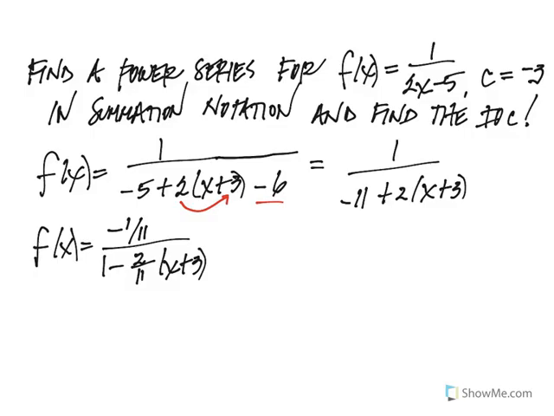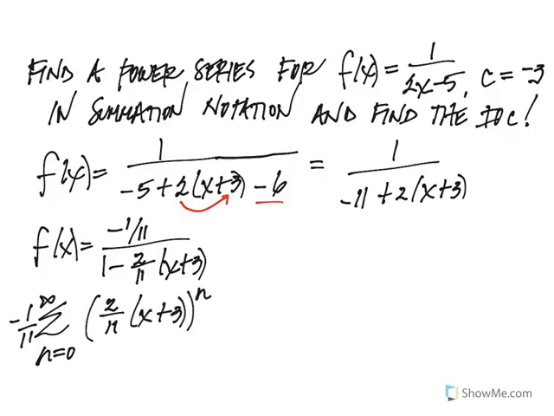All right. Now I've got a sub 1 over 1 minus r form, so now I'm going to put it in summation form, n equals 0 to infinity. This is -1/11 on the outside. That is a constant multiple, and my r is 2/11 times x plus 3, all of that to the nth